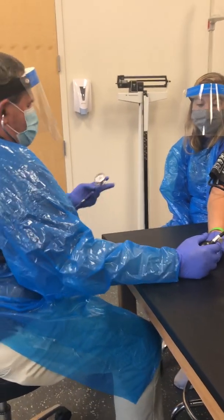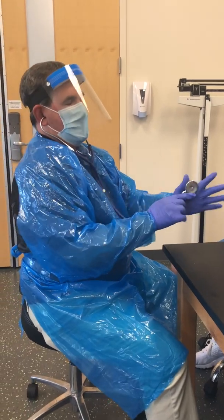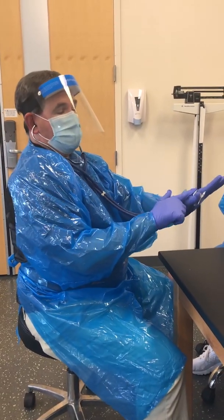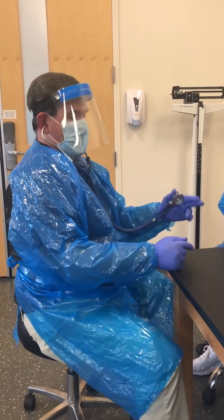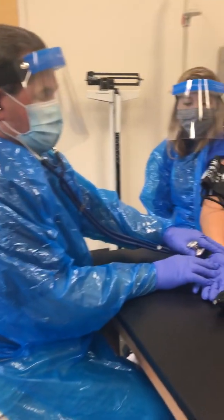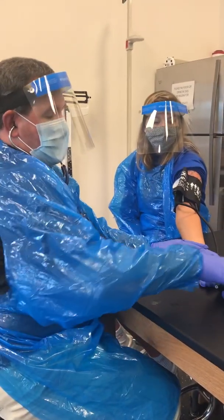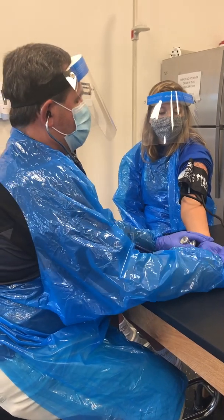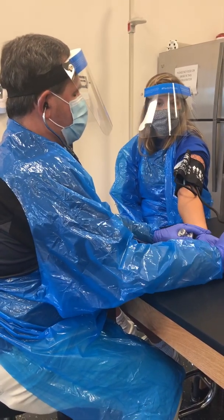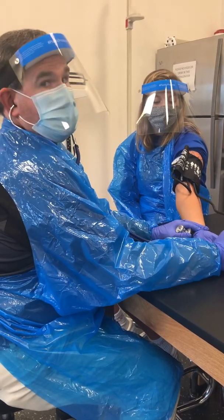My stethoscope is firmly in the ears. I want to make sure that I have the opportunity to hold between the diaphragm and bell of the stethoscope and have my index finger and middle finger extended. At this point in time, with permission, I can palpate the radial pulse. I can feel the pulse. I'm going to pump up the blood pressure cuff until I can no longer feel the pulse. That's the pulse obliteration. And at that point in time, I'm going to go 20 to 30 millimeters of mercury